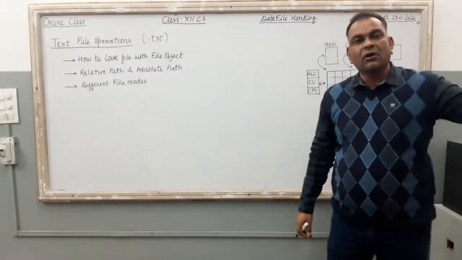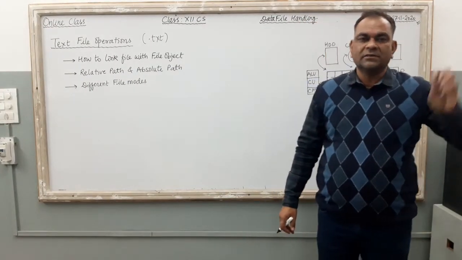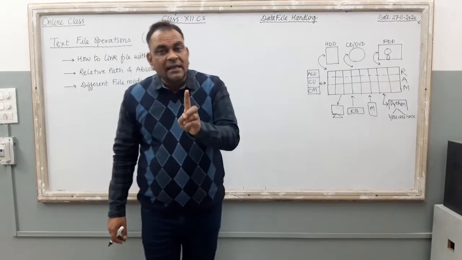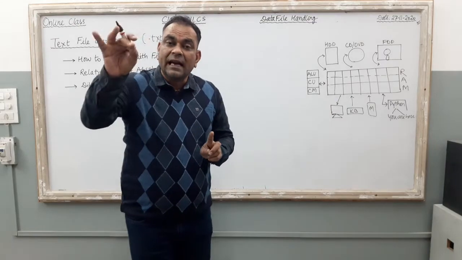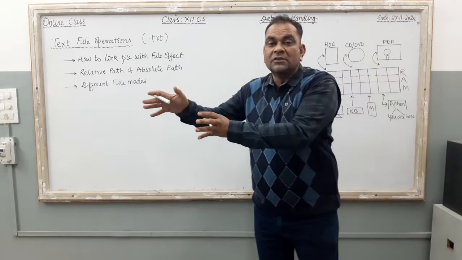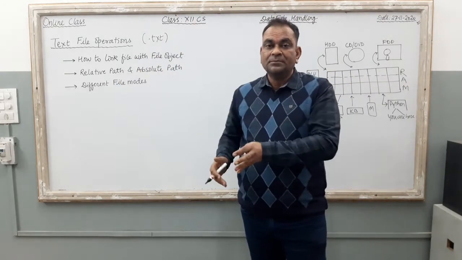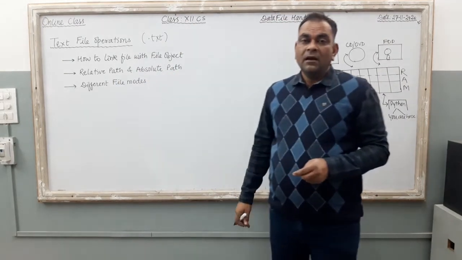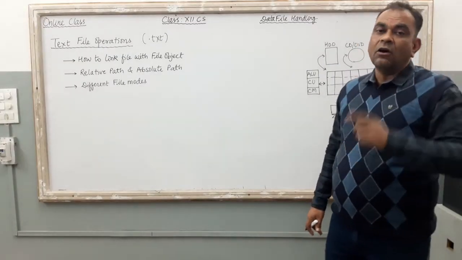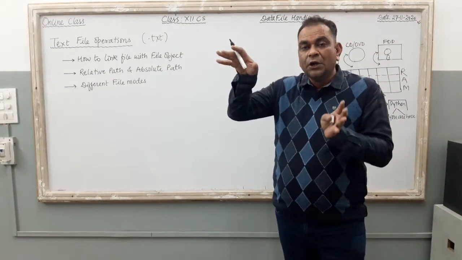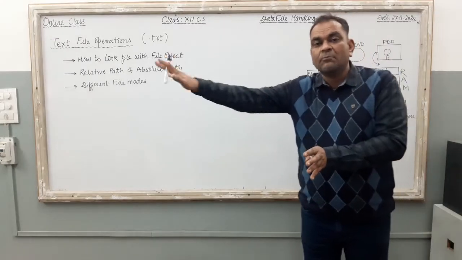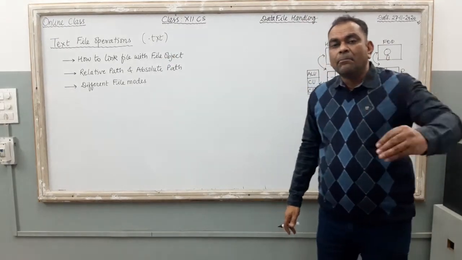Either it may be a text file, or a binary file, or a CSV file. The first one: how to read the data that is there inside the file. It is known as read operation. How to write our program's data into the file so that we can use the data in future. It is known as write operation. And the third one: how to append a file, or how to insert new data in a previously created file that contains some previous record. It is known as append mode.